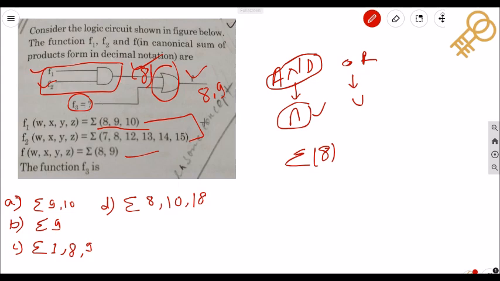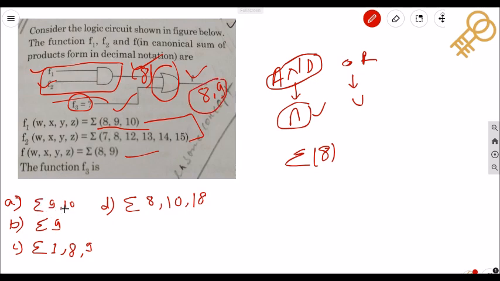So you see this is the OR gate, right? And already I have told that for the OR gate you need to take a union. So how will you take that? Already 8 is there, and 8 and 9 are there, so you have to check by option what you can place here, so that we'll get the output as 8, 9.